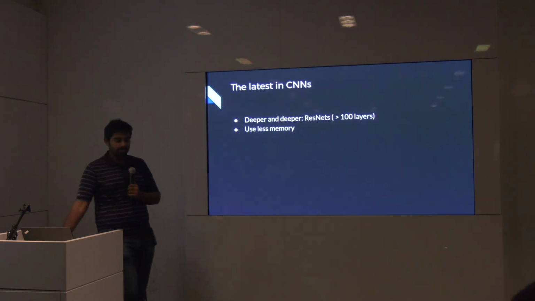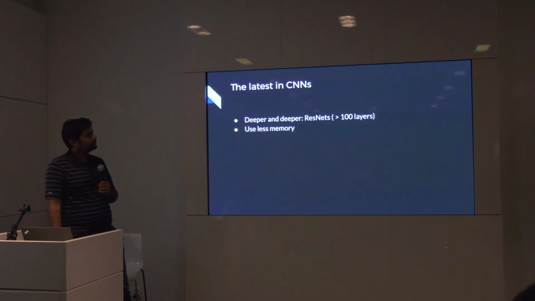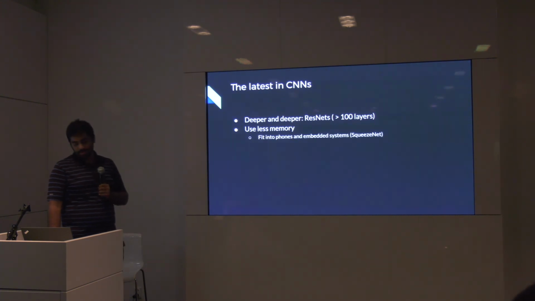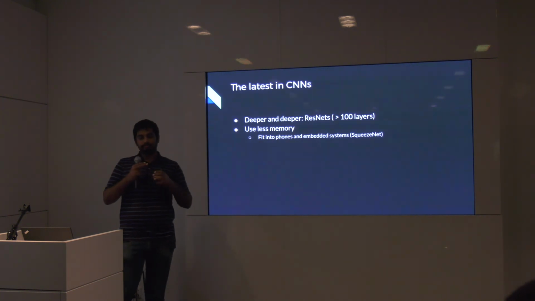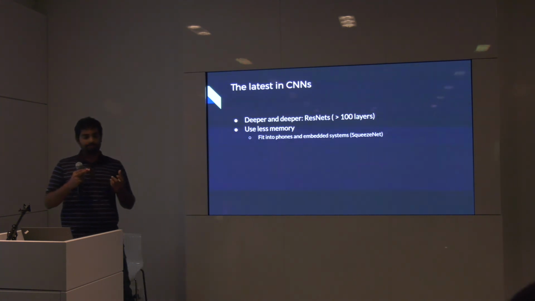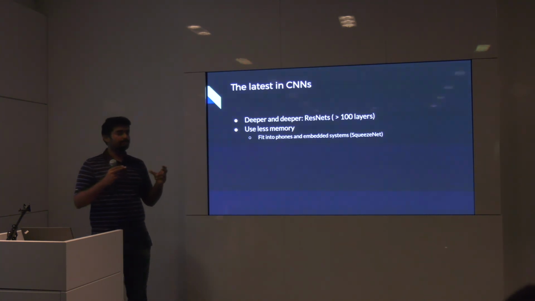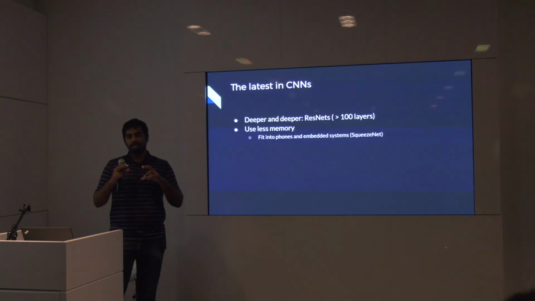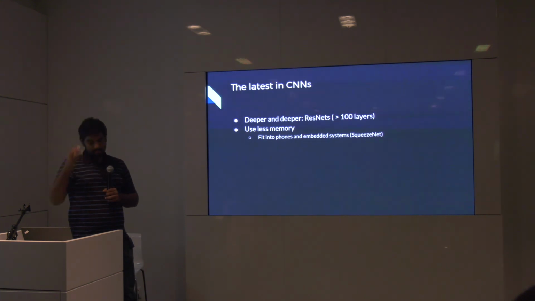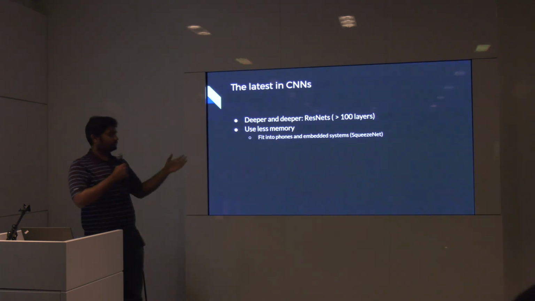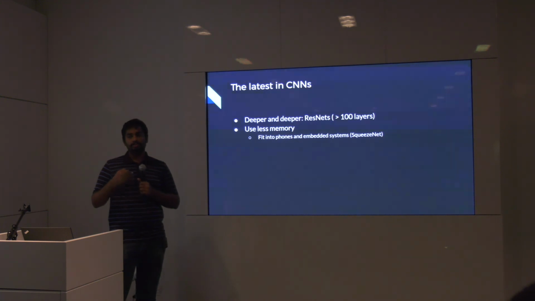And then the second question is, can I build these neural networks with less memory? The reason for this is that these neural networks are usually used for video or image related tasks. Wouldn't it be cool if your camera app could support these things? You could point your phone at something and say, hey, it's a flower or whatever. So if you want to put it into things like phones and embedded systems, they need to use really low